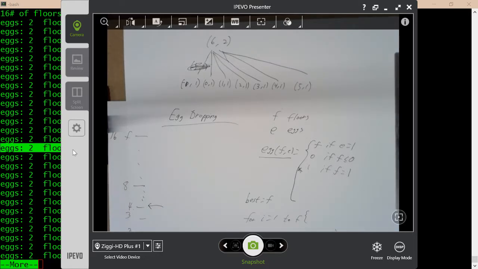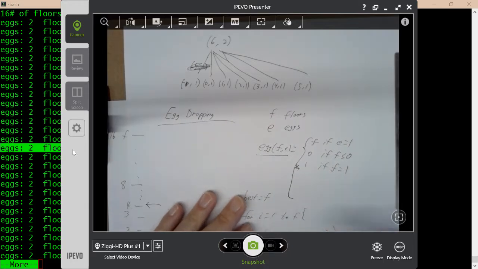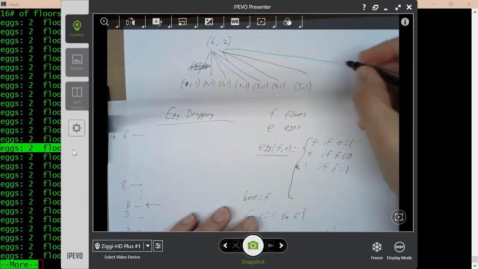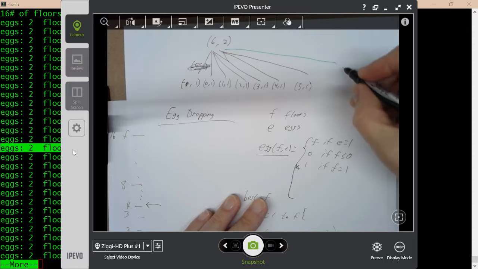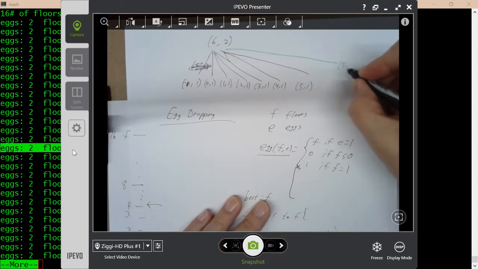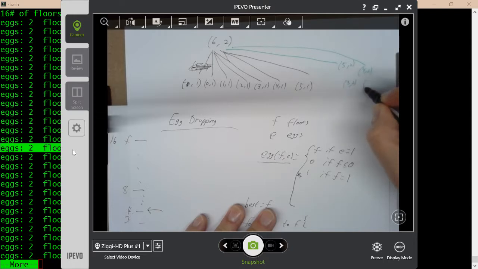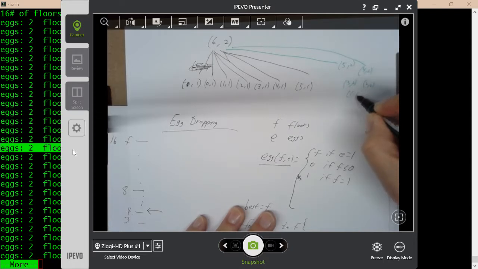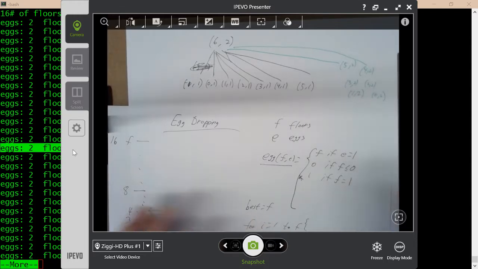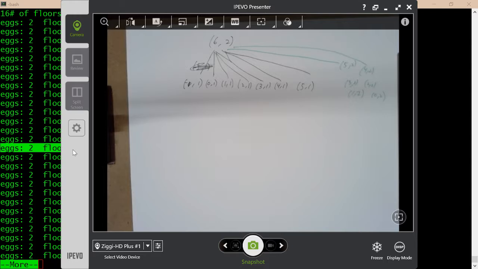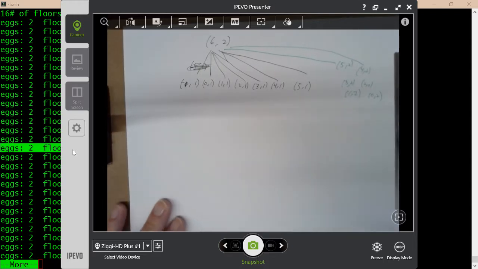And then we have, and these are going to be interleaved. I'm not showing them in the same order that they're going to actually be executed, but we're also going to ask the question of 5, 2, 4, 2, 3, 2, 2, 2, 1, 2, and 0, 2. So just the first level of recursion, we're actually looking at